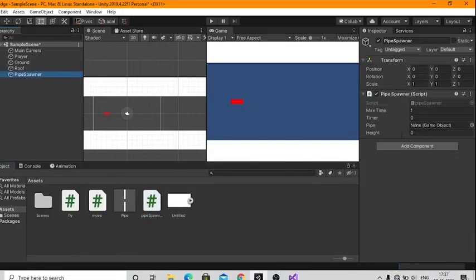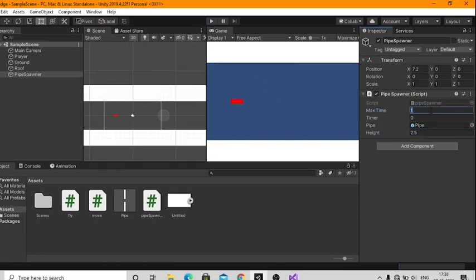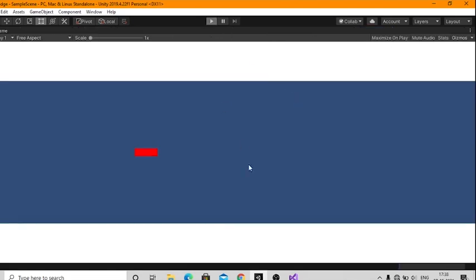Save the script and add the pipe prefab in the inspector. Set the height as 2.5 and choose the max time to 1.5. Test our game and it is working.